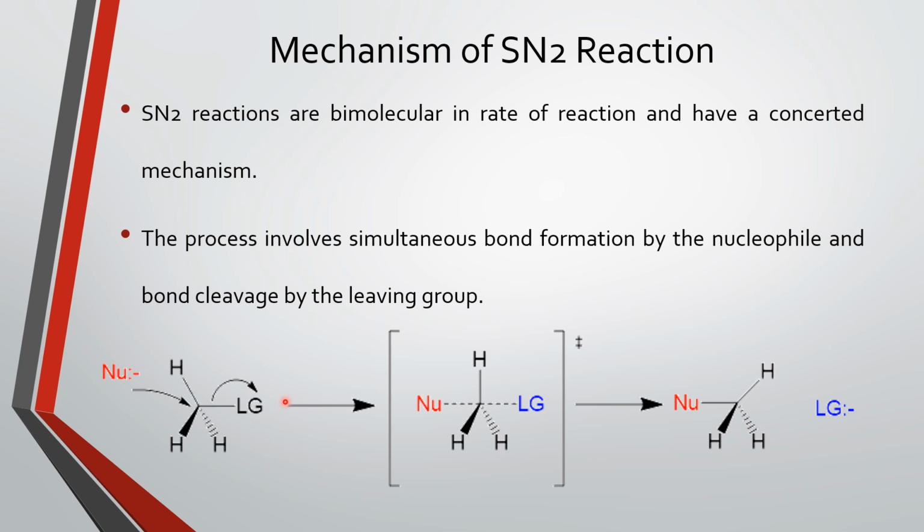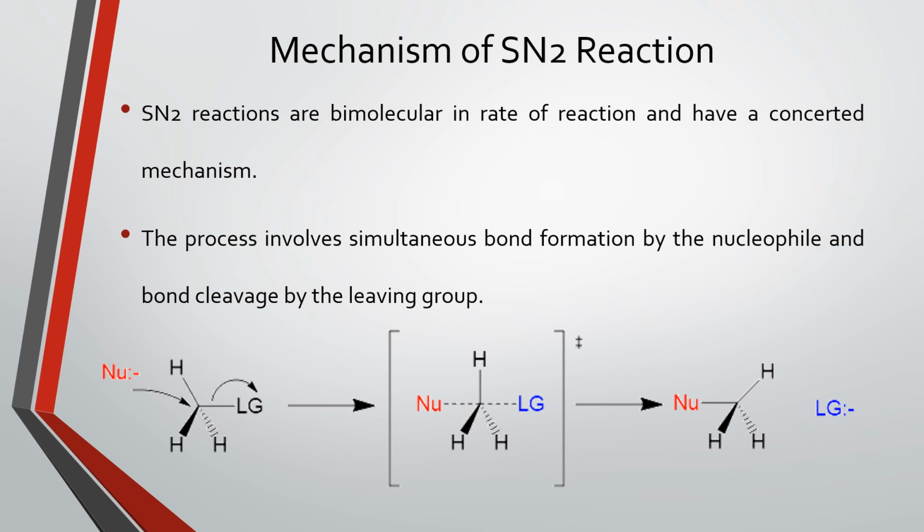Here, this is a substrate. If we take halide as the leaving group, then it is an alkyl halide. As you can see here, this is primary because the carbon atom is attached to 3 hydrogen atoms. When the nucleophile attacks the carbon atom, simultaneously the leaving group leaves, so that the breaking of the bond between carbon and the leaving group as well as the making of the bond between the nucleophile and this carbon atom take place simultaneously.